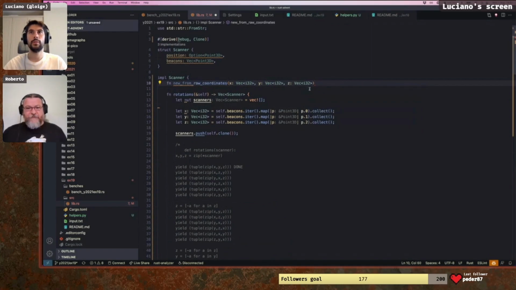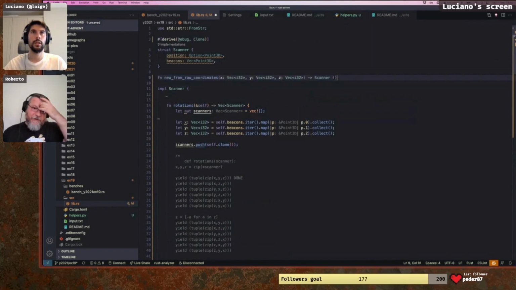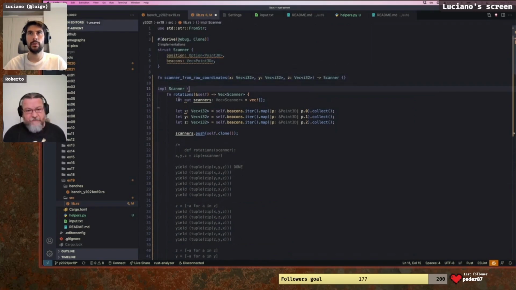And this one returns a new scanner, right? Or do we want to return a scanner or a vector of Point3D that is a beacon? No, a scanner is easier. I think it's going to be easier. So let's move this one, and let's just say scanner from row coordinates. Cool. And basically what this one needs to do